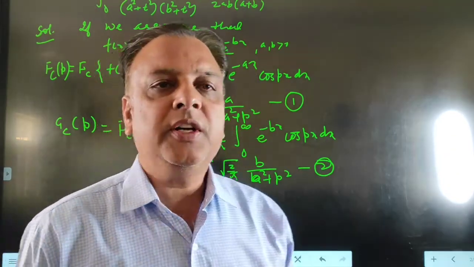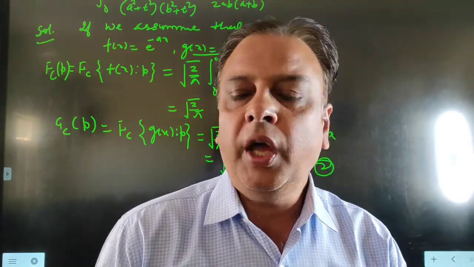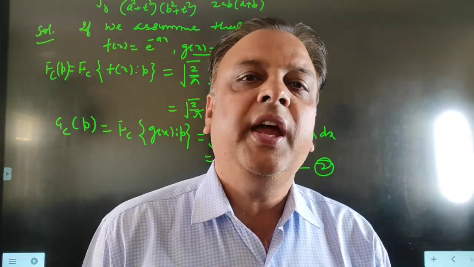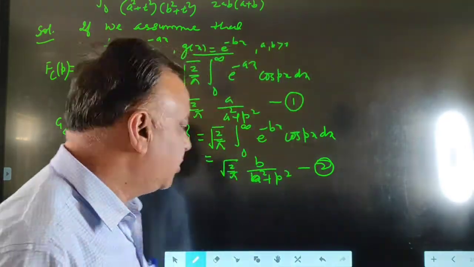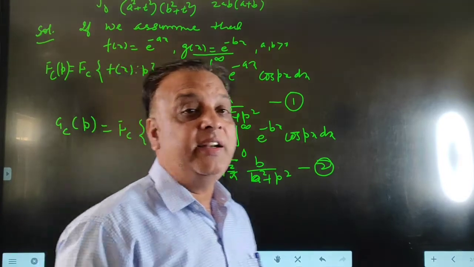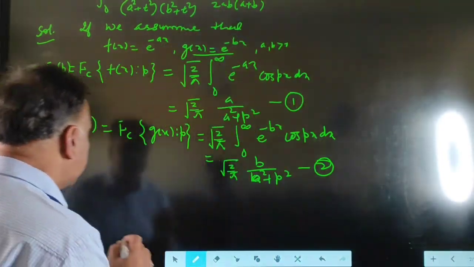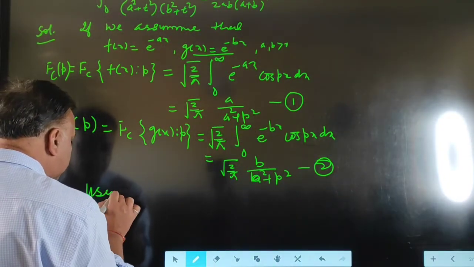So for these functions f(x) and g(x), we have obtained Fc(p) and Gc(p), that is, the Fourier cosine transformations of the functions f(x) and g(x). Now using Parseval's identity for the Fourier cosine transformation,